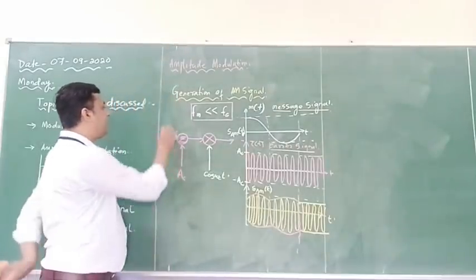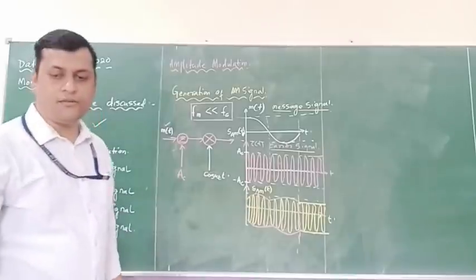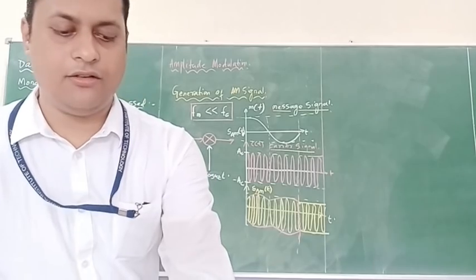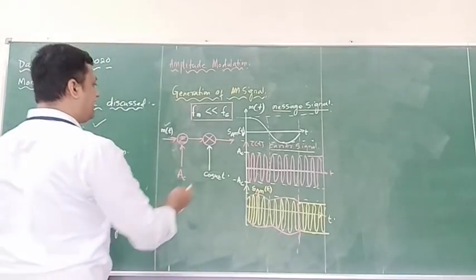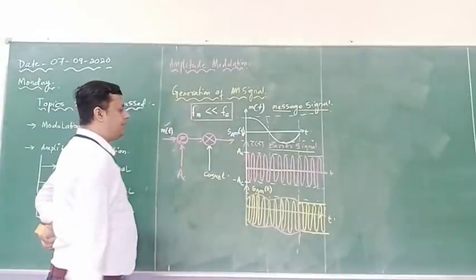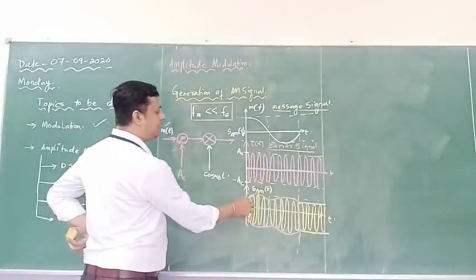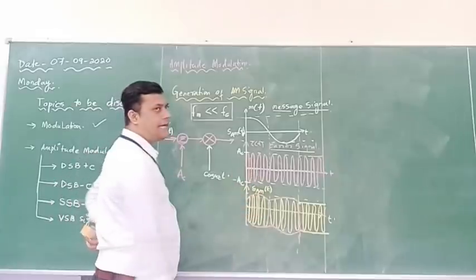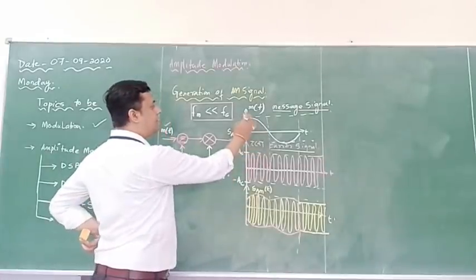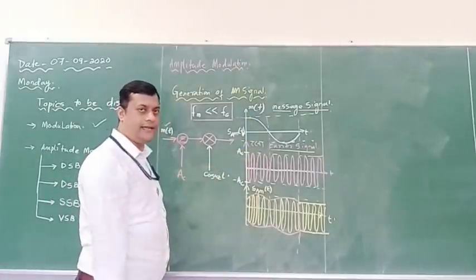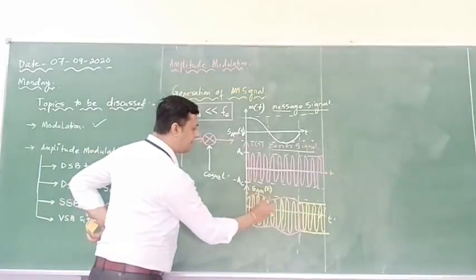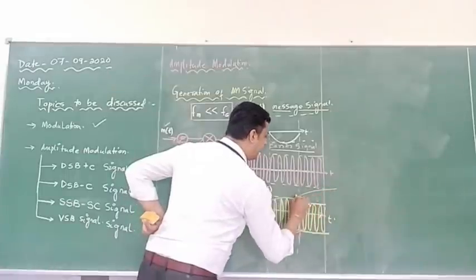First, m of t. Okay. So this m of t is going to be changed with respect to the modulated carrier component. So for this what happens, here you can see there is a variation in the amplitude of the carrier with respect to the modulating signal. Now how it is going to change, what are the factors that need to be analyzed. This pink line if you can see, this is called as envelope.